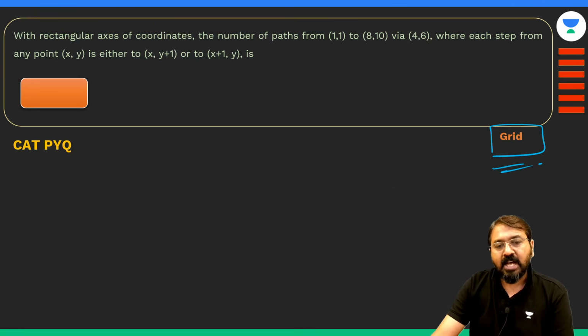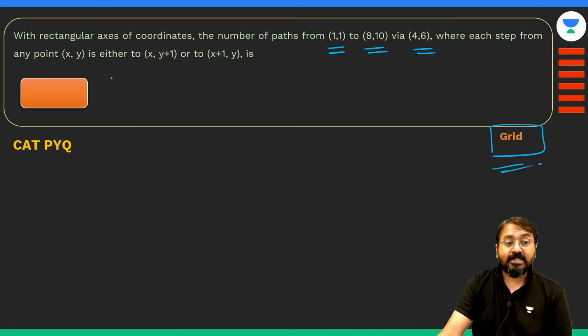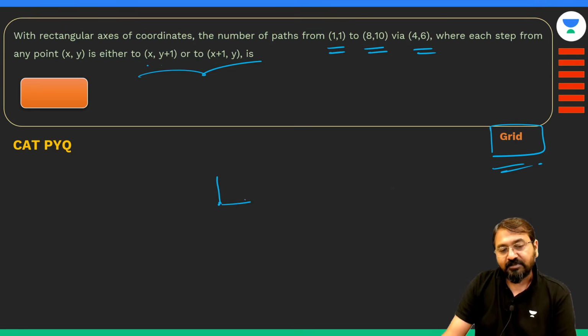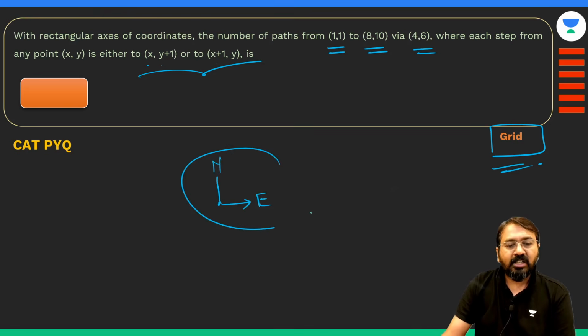द नंबर ऑफ पाथ्स from (1,1) to (8,10) via (4,6) where each step from any point is either (x, y+1) or (x+1, y). अब इसका मतलब क्या है गाइस, इसका मतलब ये है कि अगर आप x से y plus 1 जा सकते हो, या फिर आप इस तरफ जा सकते हो, मतलब आप या तो नॉर्थवर्ड जाओगे या ईस्टवर्ड जाओगे। तो अल्टीमेटली ये कह रहे हैं कि भाई शॉर्टेस्ट पाथ ही लेना है।